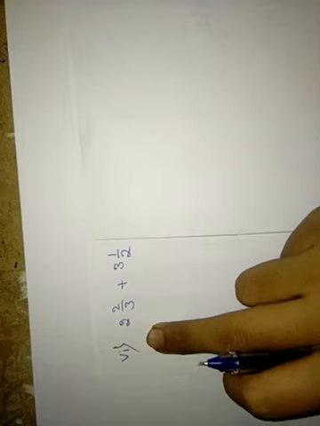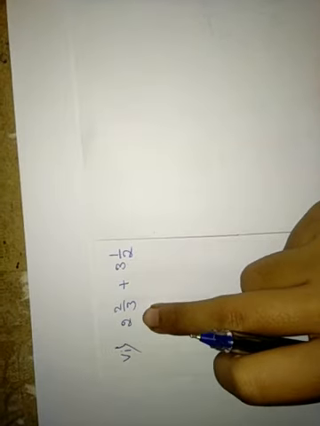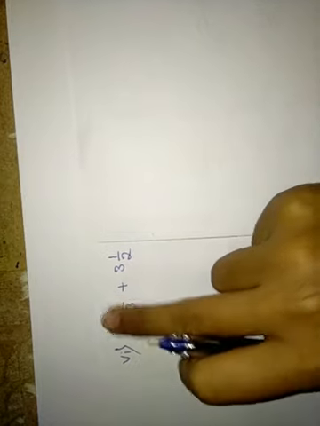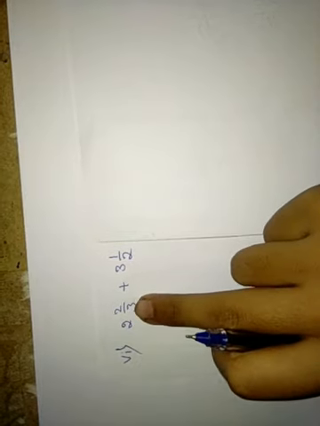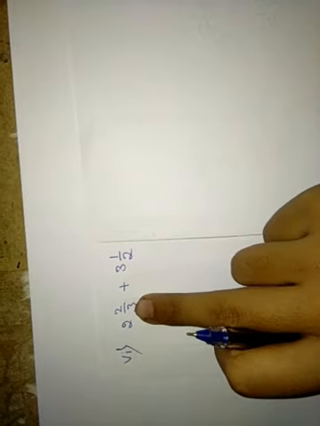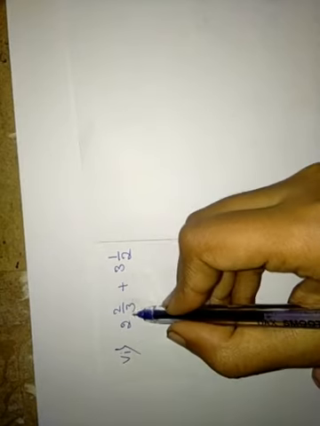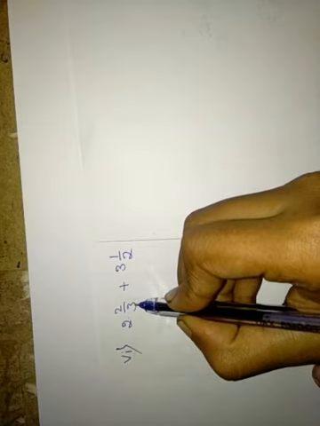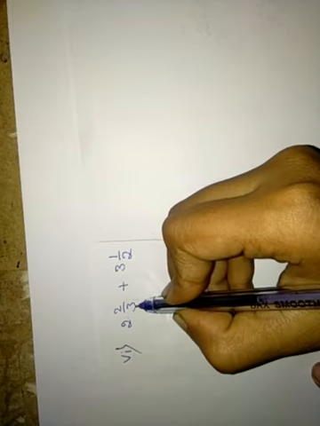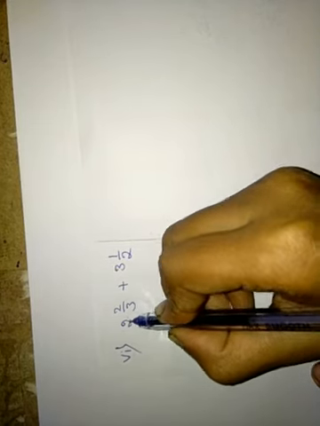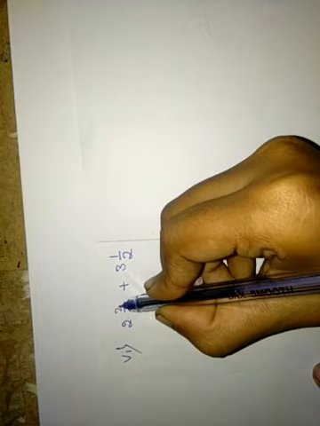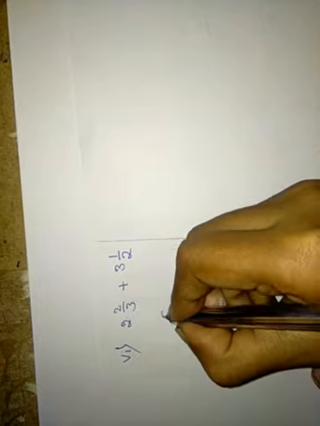Sixth problem, that is 2 integer 2 by 3 plus 3 integer 1 by 2. They have given it in a mixed fraction. Now we have to convert this into an improper fraction. For that, I will multiply the whole part and denominator part. See here, 3 2s are 6. For 6, I will add the numerator value. I will get 6 plus 2, 8.